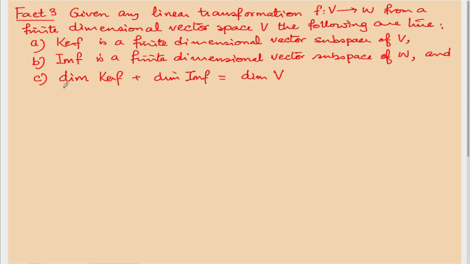The dimension of the kernel of F is often called the nullity of F. Why? Well, the kernel of F is the subspace of all those vectors from V which are taken to 0, annihilated or annulled by F, and hence another name for the kernel of F is the null space, and hence the word nullity of F. So the dimension of that is the nullity, and this